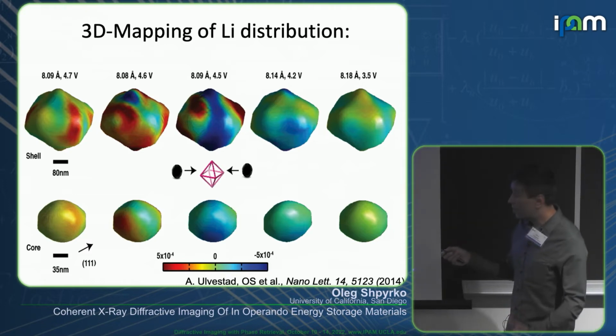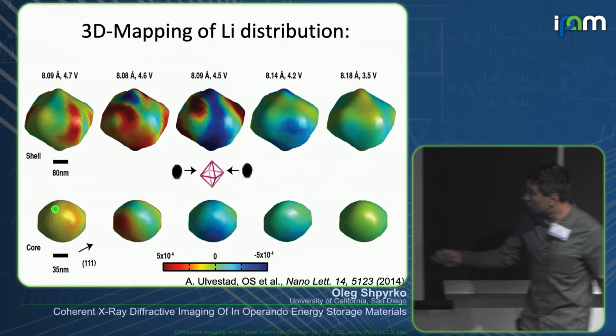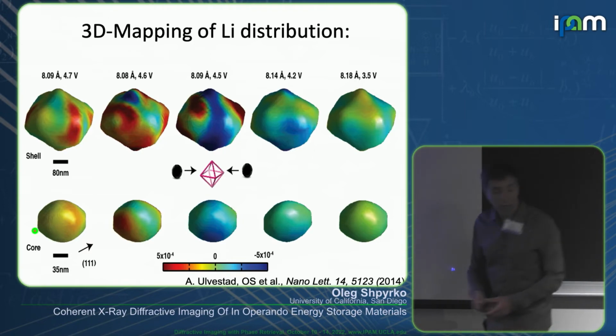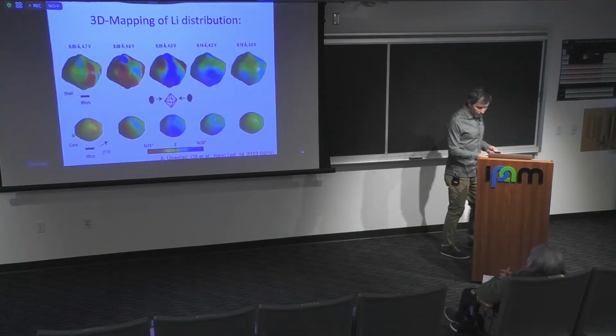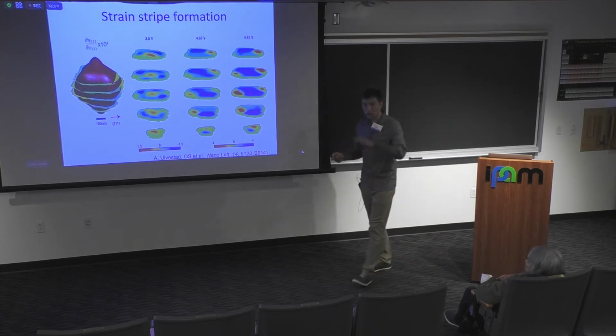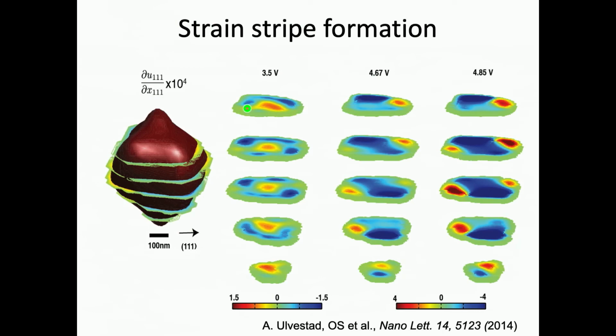And because we have three-dimensional information, we can also do all kinds of scans and try to visualize it in 3 dimensions. So this is a core cut from this 3-dimensional slice that we're studying. Another way to do this, and this is maybe a slightly different particle, is that you can also slice it like a potato, right? And again, you see that the regions of lithium poor and lithium rich are kind of separated into a stripy type